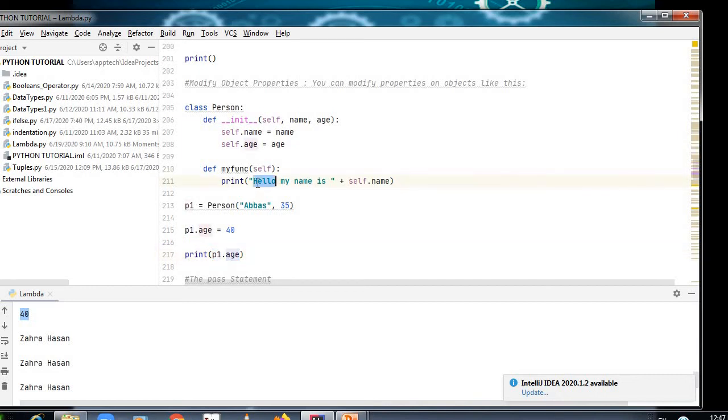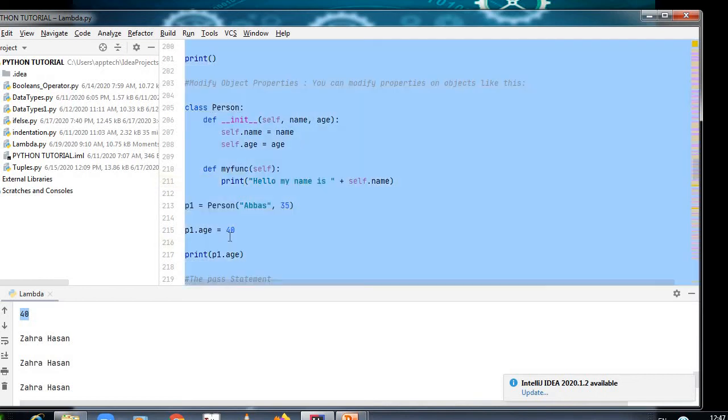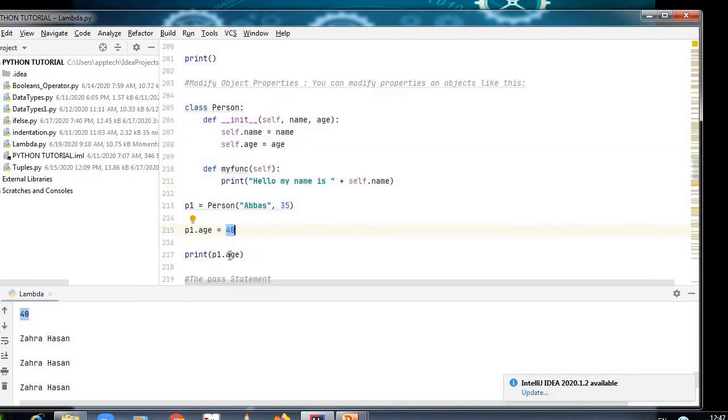This will not be printed if I have not modified it. As we had seen in the other program, hello my name is Abbas will be printed as it is. But since we have modified, the modification we made at the last, by calling through an object and the method, will be printed. So here only the age will be printed, that will be 40, what we had modified.